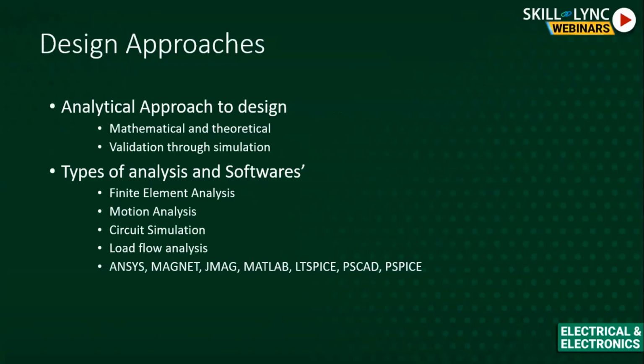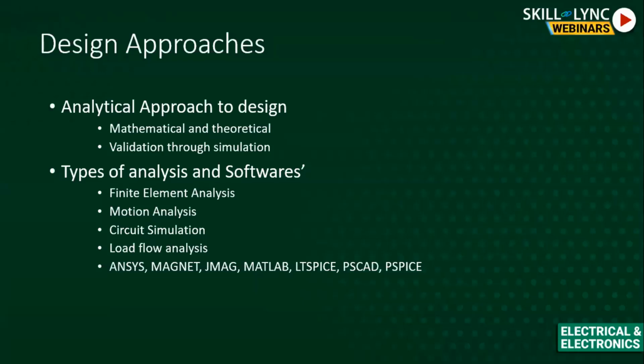So if we have to start the design, what are the different design approaches that are being used in industry? I'll just briefly discuss how the product is taken up while designing. To start with, suppose I am designing a protection device which has a short circuit level of 10 kA, and I'm designing a miniature circuit breaker for that. So how do I start my design? There are theoretical and mathematical methods to do that. In any product there will be contacts, there will be some solenoids. So if I have to design the contacts, there are theoretical approaches for it.